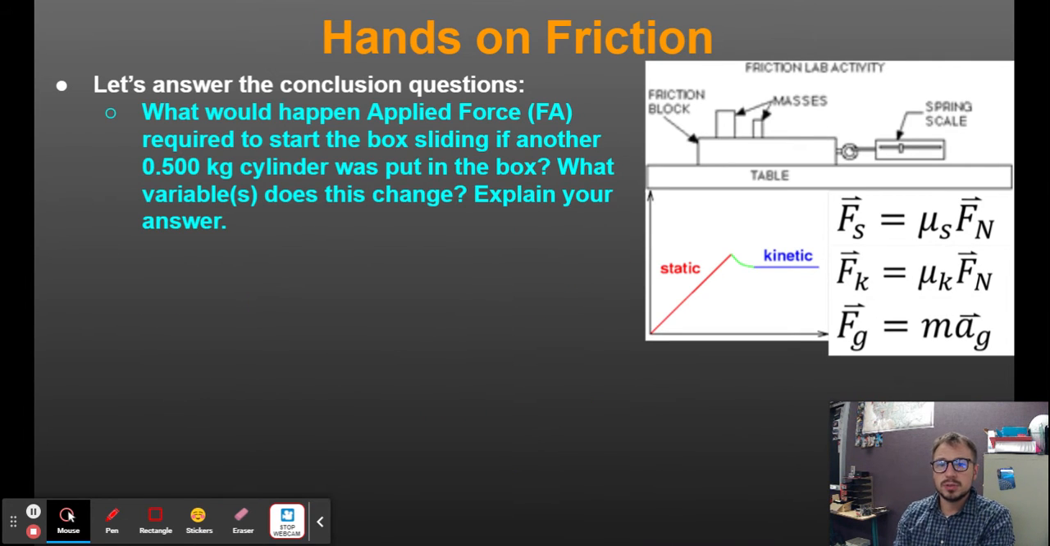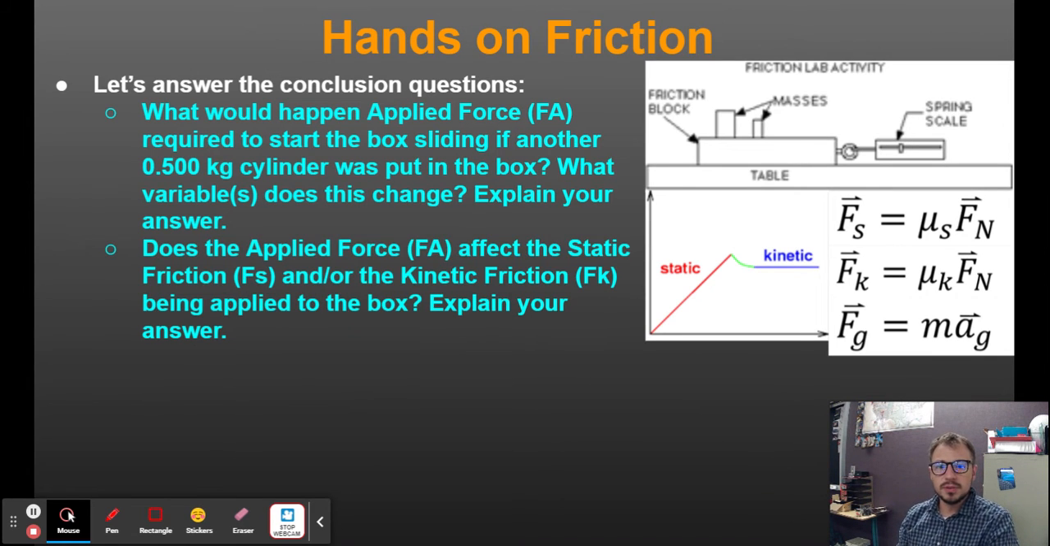So what would happen to the applied force required to start the box if another 0.5 kilogram cylinder was put in the box? What variable does this change? So that's going to change how hard those surfaces are pressed together. Does the applied force affect the static friction and/or kinetic friction? Well, that's going to affect the static friction, because the static friction is going to match the applied force